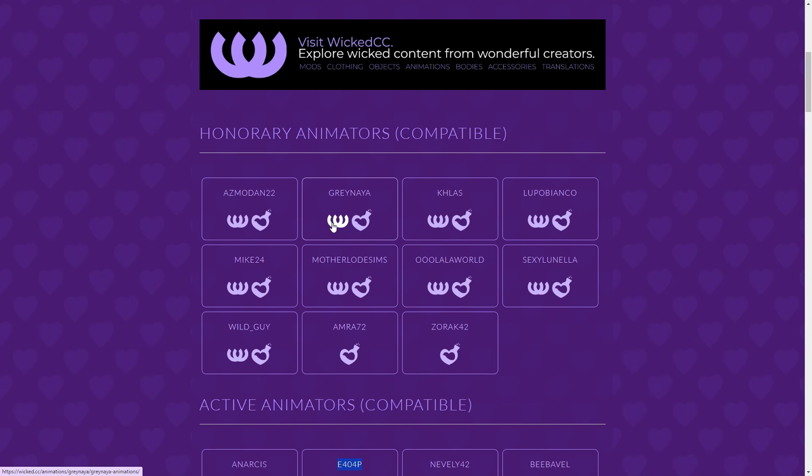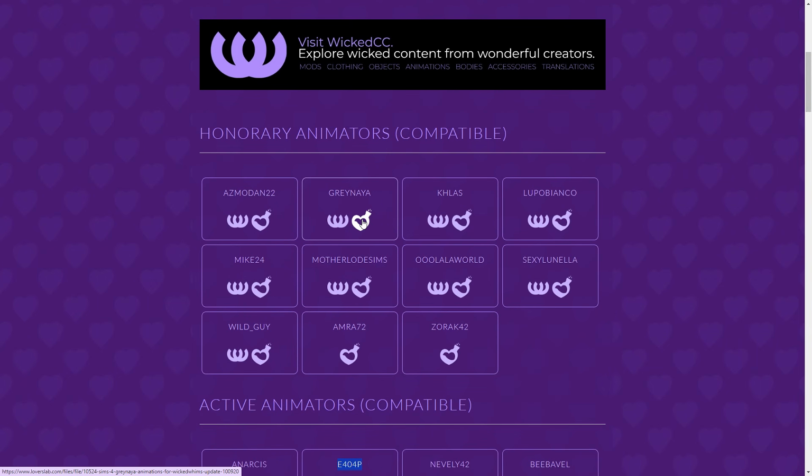You have 2 different websites to download these animations from. You can get them from the Wicked CC website, or you can get them from Lovers Lab. Now if you pick the latter, please make sure that you have an ad blocker installed, because apparently Lovers Lab contains a